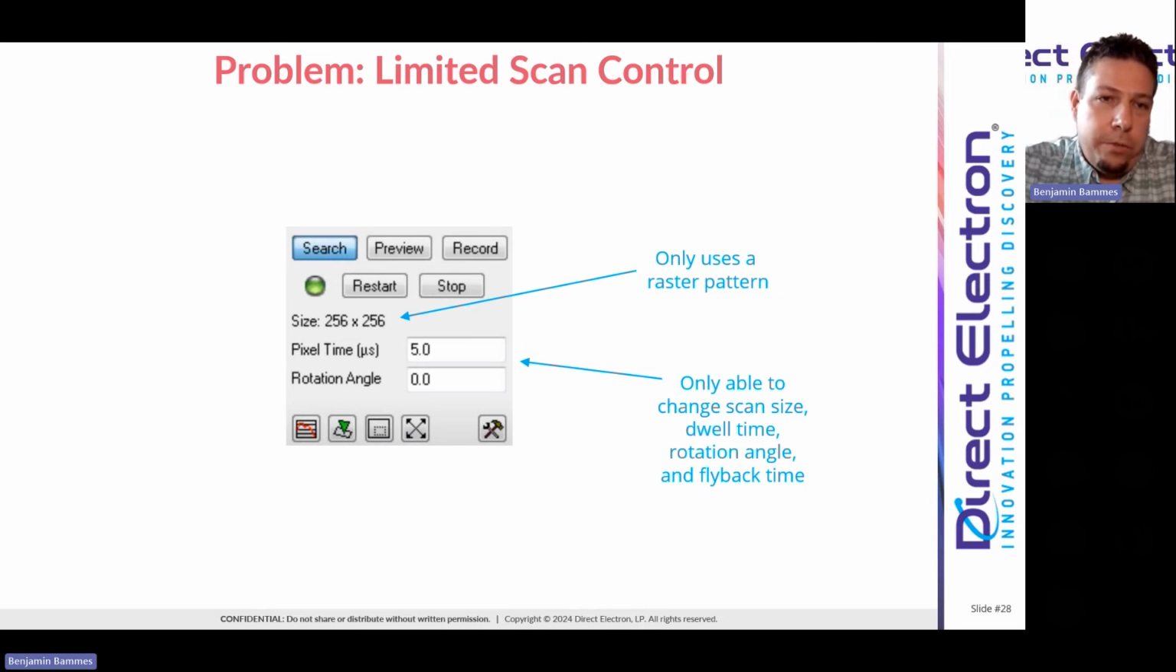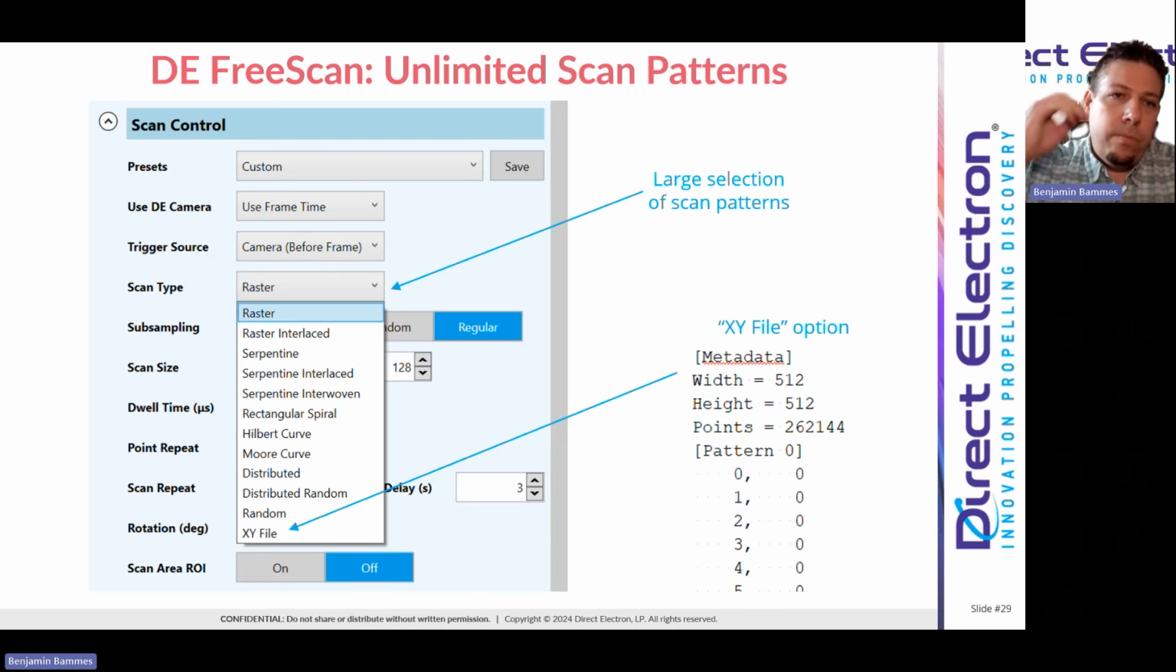It's really limited. It's really built for scan controllers that will only do raster scans, and they're sort of locked into that type of scan pattern. What we've built is our DE free scan generator, and coupled with our software, you can see now you have a drop-down box when you're defining the scan area called scan type. This scan type drop-down box lists a large number of different scans that are built into the scan generator already,